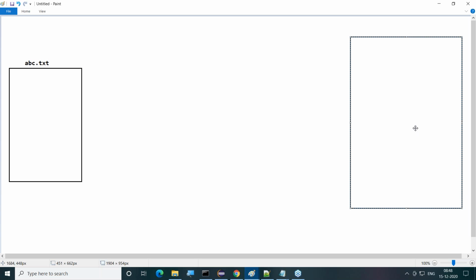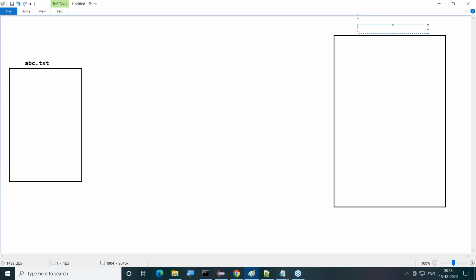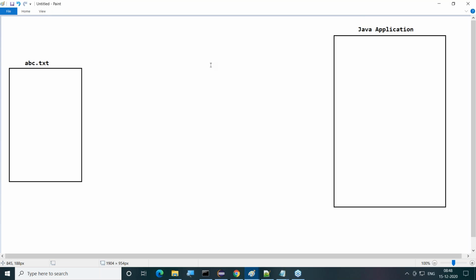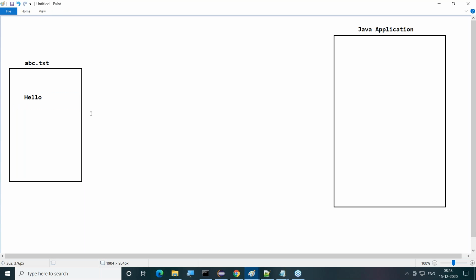This is abc.txt. Here we have a Java application. Already we have data available, for example, "Hello data." My requirement is to get this hello data from the abc.txt file to the Java application. If you want to get the data from a particular source file to a Java application, here